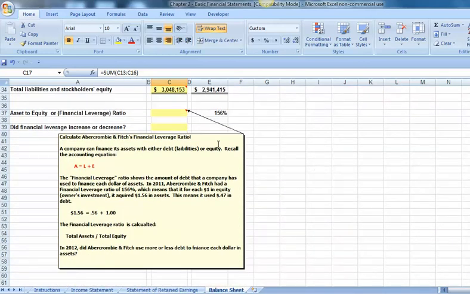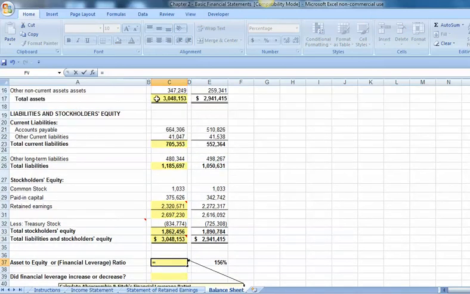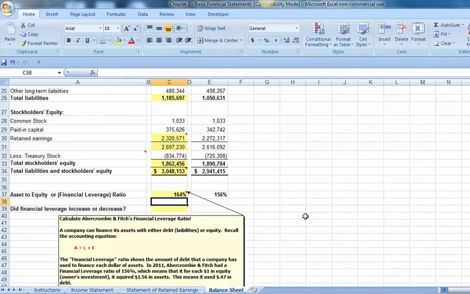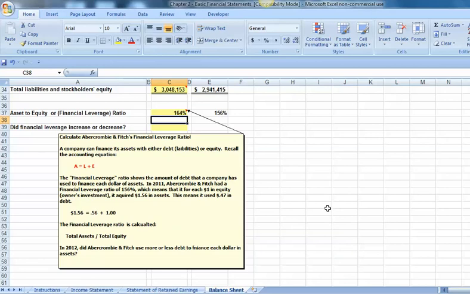Let's go ahead now and calculate our financial leverage ratio or asset to equity ratio, and that is simply going to be our total assets, 3 million, divided by our total stockholders equity of 1.8 million. And we can see our asset to equity ratio this year was 164%. And looking at last year's ratio of 156%,